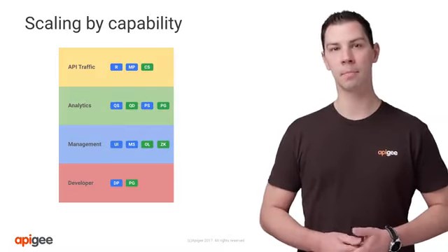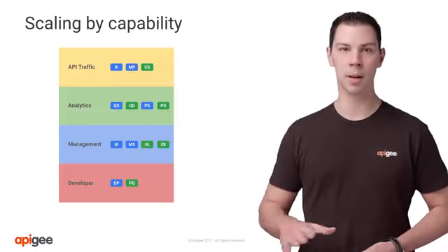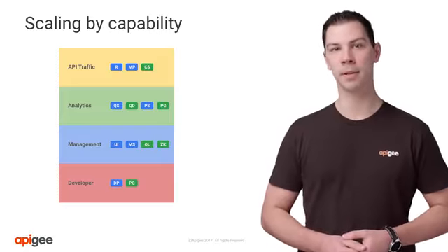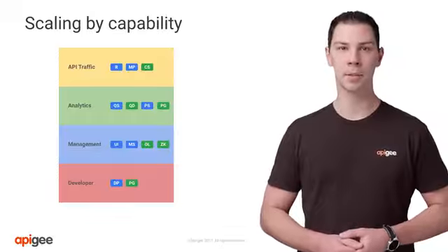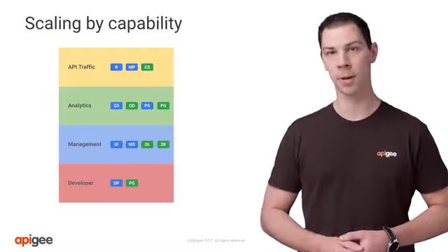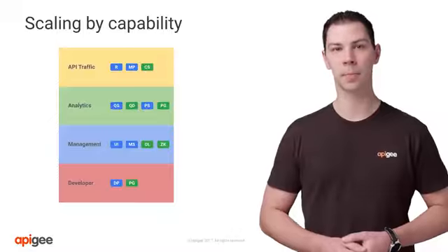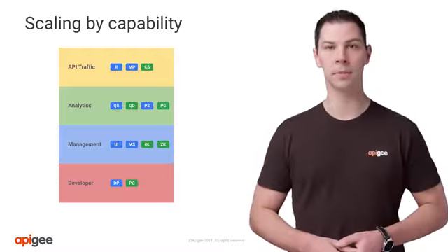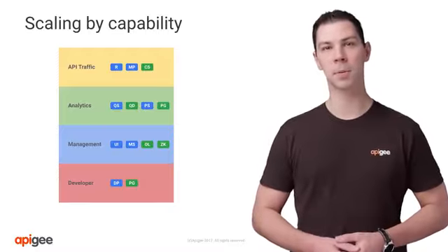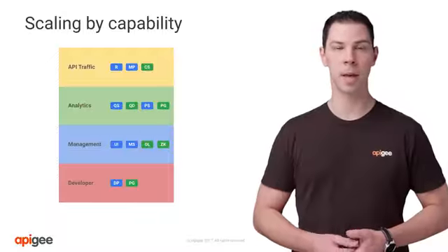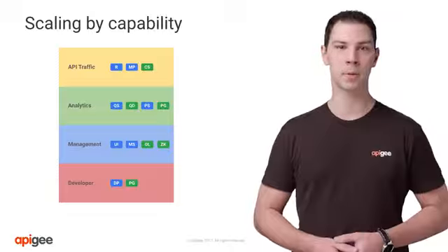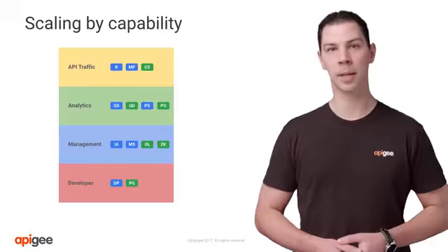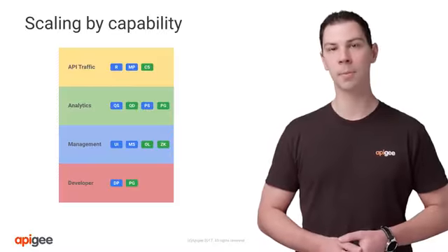It is important to remember that, most of the time, components can horizontally scale across the functional groups shown here, independently of each other. Depending on API traffic patterns and availability needs, you may need to add additional capacity to components in a different functional group as you grow the number of components in one group. For example, you can add routers and message processors without having to worry about management or developer components. If the number of message processors increases due to more API calls, at some point in time you may need to add capacity to PostgreSQL or revisit your analytics data retention period. We will discuss capacity planning in more detail later on. For now, remember the grouping of components.